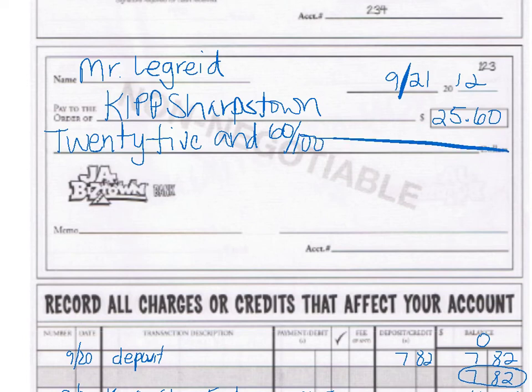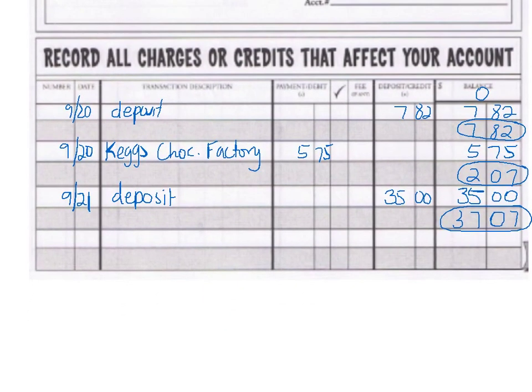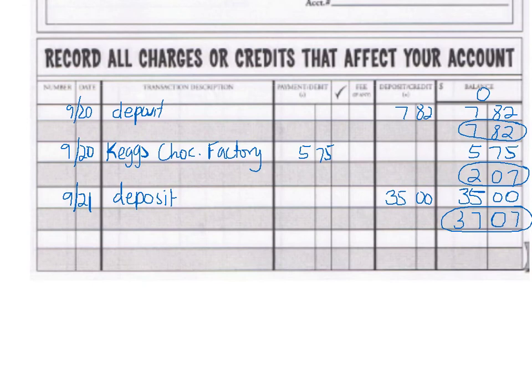And then we put under memo sweatshirt, because that's what we bought, and then in the bottom right hand corner we sign our name. Okay, now we go down and we are ready to change our balance. So we write today's date because we bought it the same day we deposited our money. And we put KIPP Sharpstown because that's who we paid our money to. And we put it under payment because we bought something. We put our total,